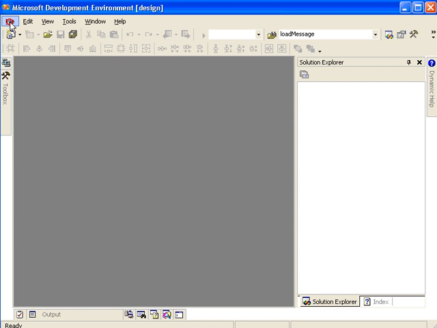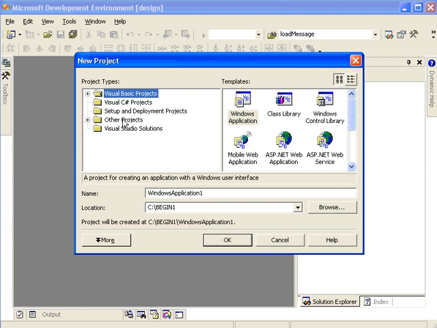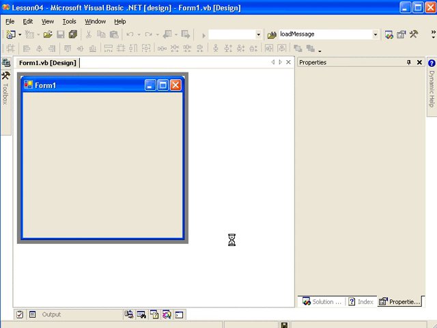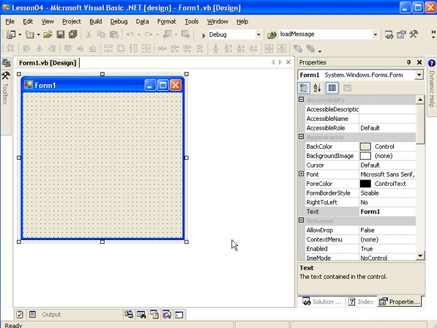I'll click on File, New, Project. And when the New Project dialog appears, let's select Visual Basic Projects and Windows Application. And then here we're going to type in Lesson 04. And if you're following along, you shouldn't have to change the location from C:/begin1. Let's go ahead and click OK. After a moment or two, our solution and our project will be created for us, and we'll have a blank